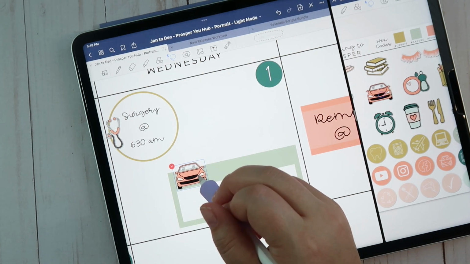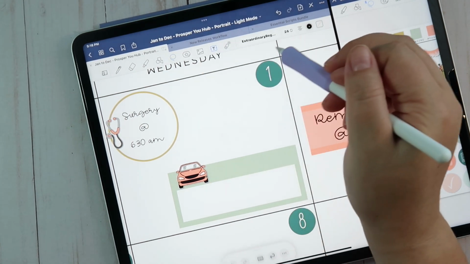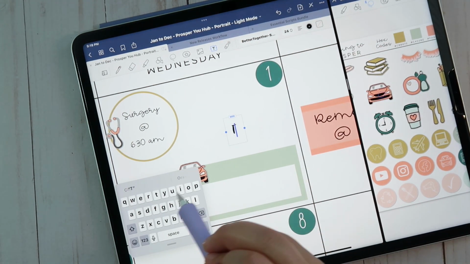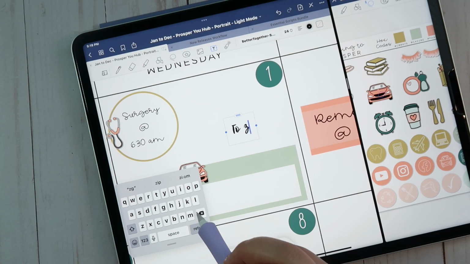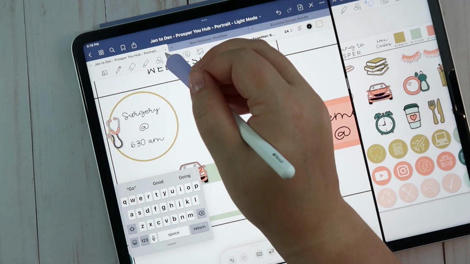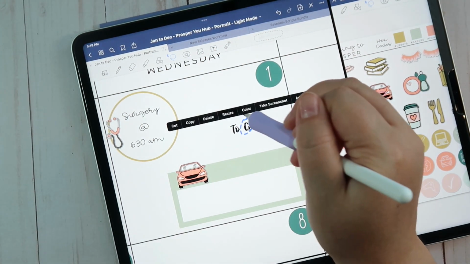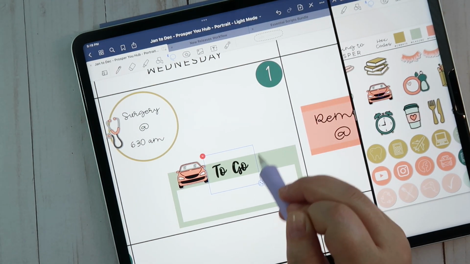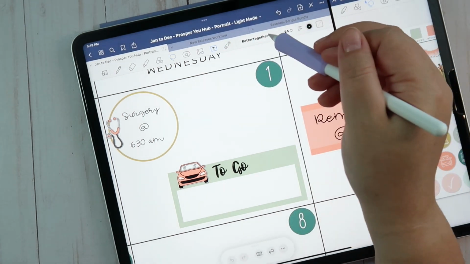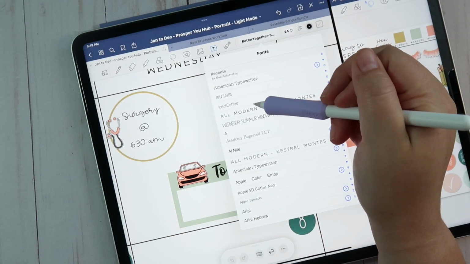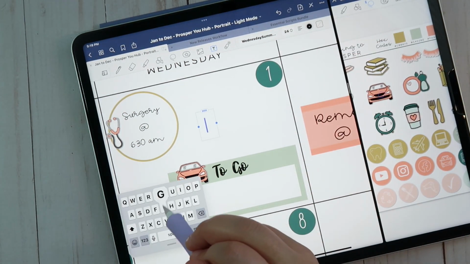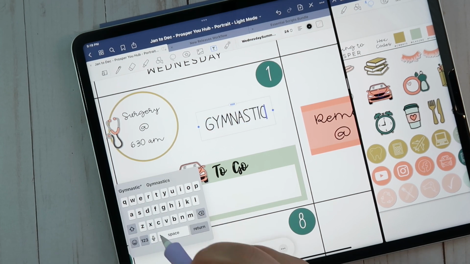And then I've been really liking the font Better Together, so I'm going to use that. And I'm just going to put to go. Oops. To go. And keep that black. There we go. And then I'm going to use the font iced coffee, or no, I'm gonna use the Wednesday summer. And then I'm gonna do gymnastics at 9:45